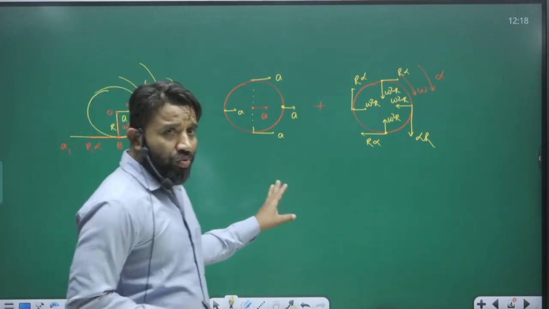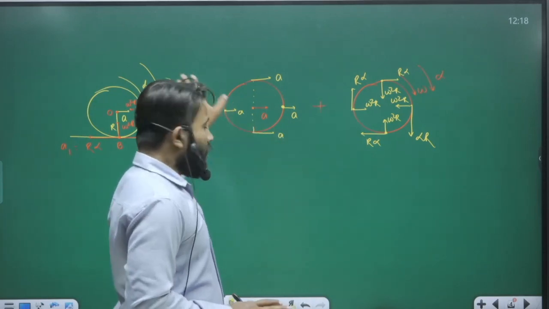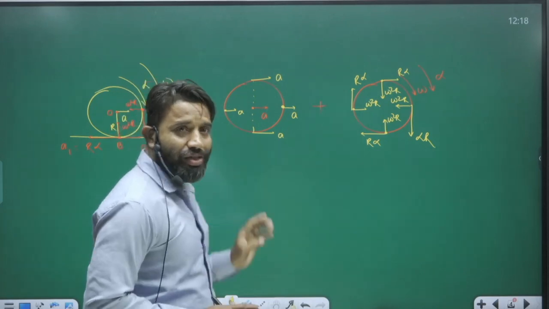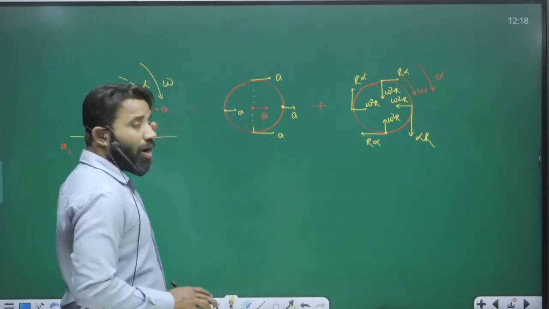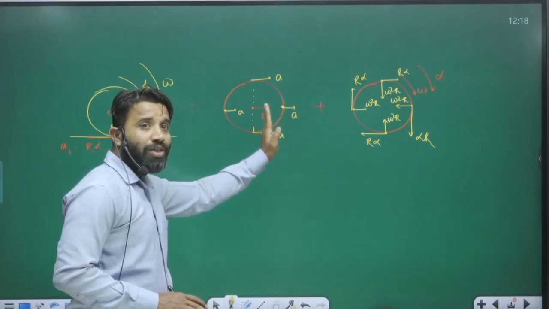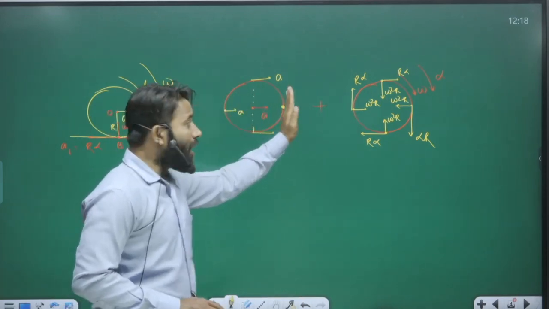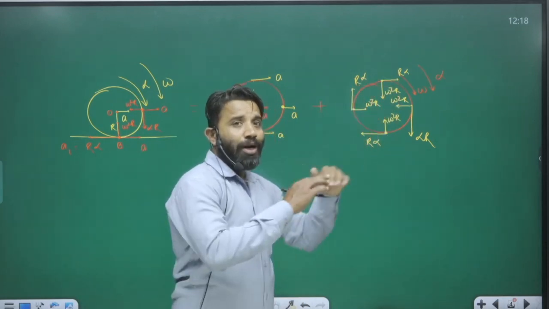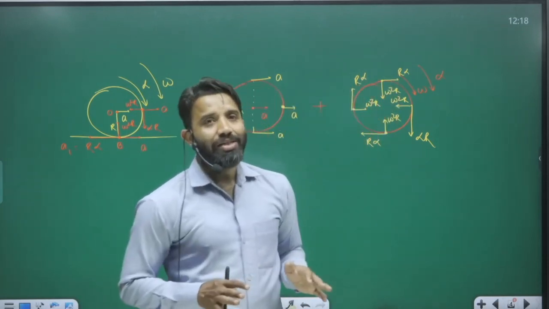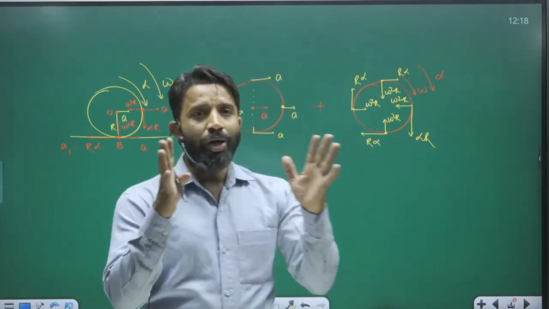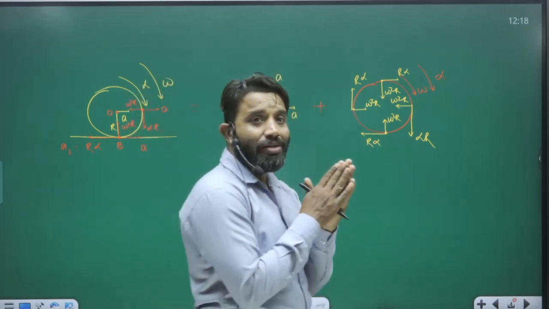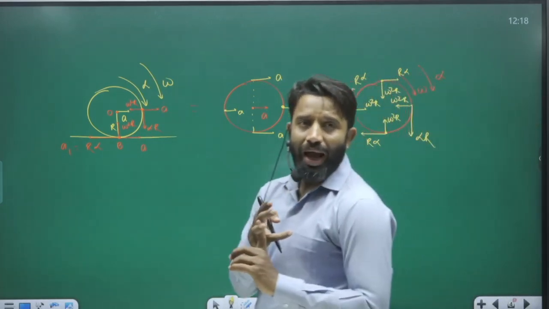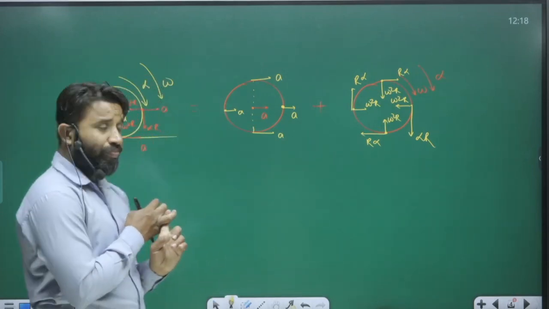What we have discussed till now is that whenever we get a problem in which the body is performing translation as well as rotation, we need to divide the problem into two parts, one in which the body is performing only translation and the other in which the body is performing only rotation. After representing all the velocities or accelerations, we need to superimpose both the diagrams and take the vector sum. Got my point? You will find out the velocity, you will find out the acceleration. Okay. Now,